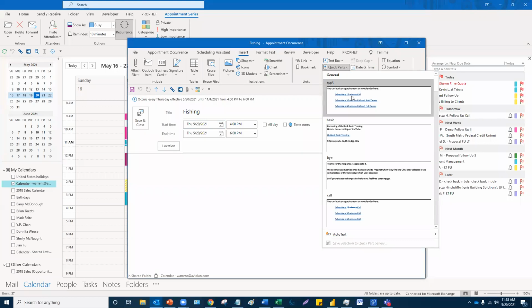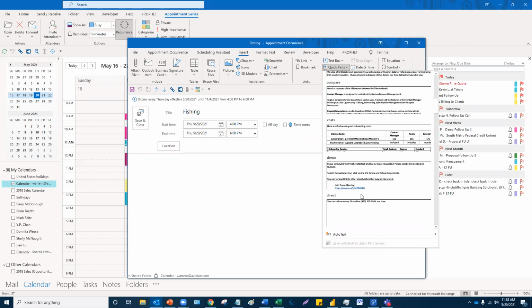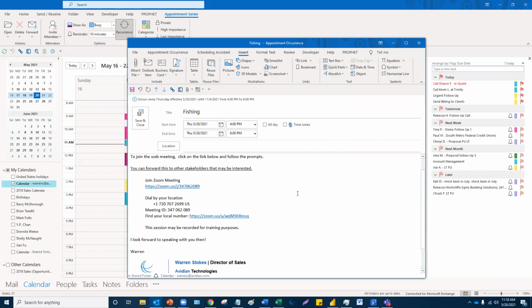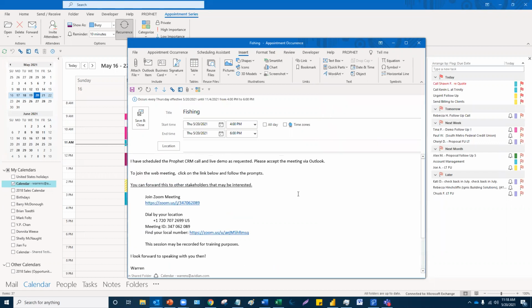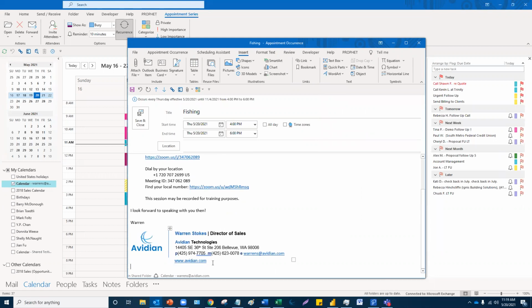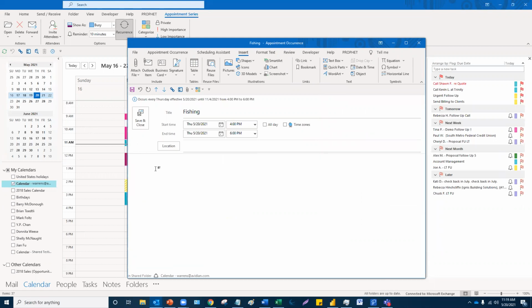that you want to put into some item here. In this case, it's an appointment. So you can see I have a bunch of different ones over here, and one's called my demo block of content. So all I did was select that template, and it put all of that content in this case, an appointment. But when you're using quick parts, once you've created them, and I will show you how to create these,